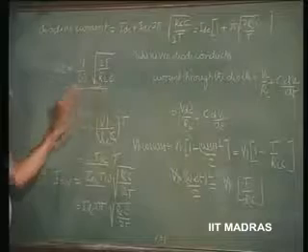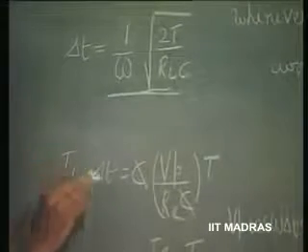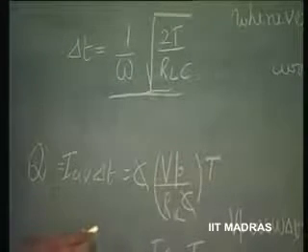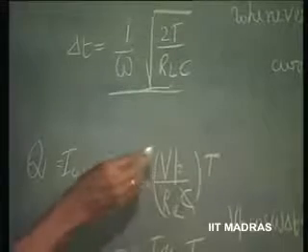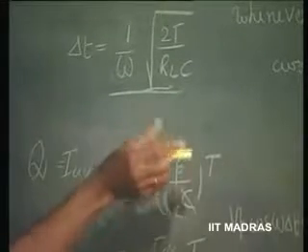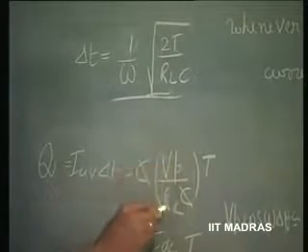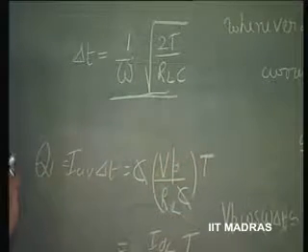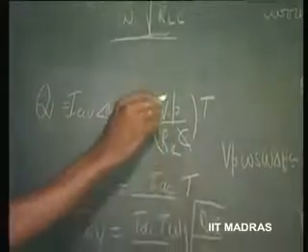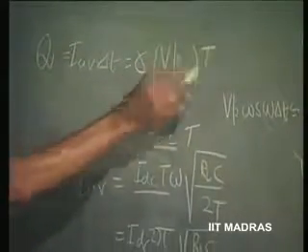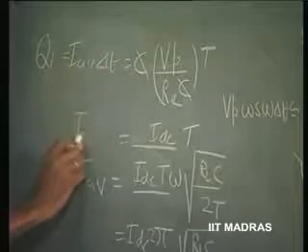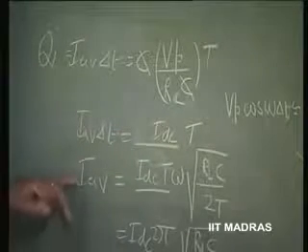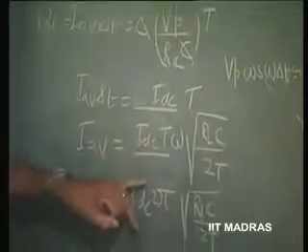If delta t is this, then I average into delta t is the charge acquired by the capacitor during the time of charging, and the discharge is C into the peak to peak value of the voltage that is lost. So, C into V p by R L C into T, that is the charge that is lost, is equated to the charge that is gained. So, C gets cancelled, V p by R L is I d c, that into T is nothing but I average into delta T. This is an important equation: I average into delta T is I d c into T. So, I average therefore is equal to I d c divided by delta T.